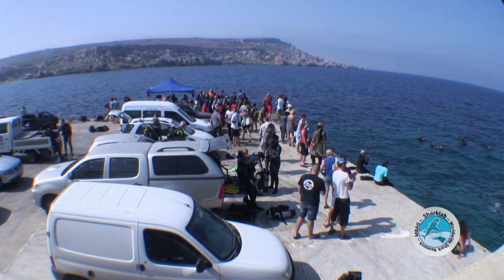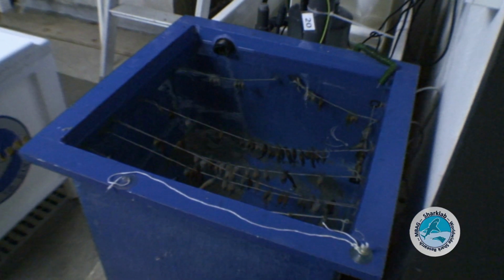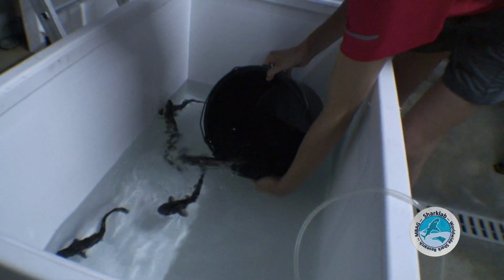So we're here at South Quay, near Cirkewwa in Malta, and we're going to be releasing this morning 7 Nursehound Sharks. The Nursehound Sharks were collected as egg capsules from their landed mothers by fishermen at the fish market by members of Sharklab, and then relocated to the National Aquarium where they were developing for 6 months until they finally hatched. They hatched around 5.5 to 6 months ago, and since that point they've been feeding well on squid and small pieces of white fish until they're at a good size, ready to be released and put back into